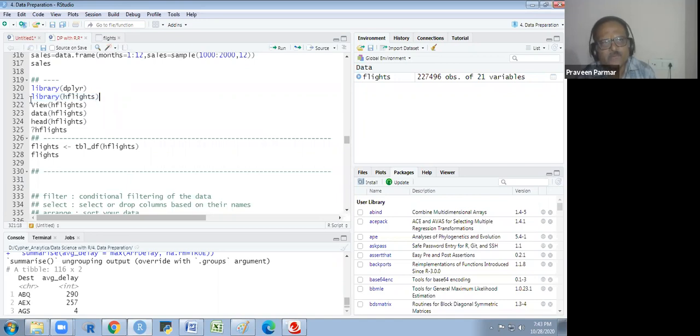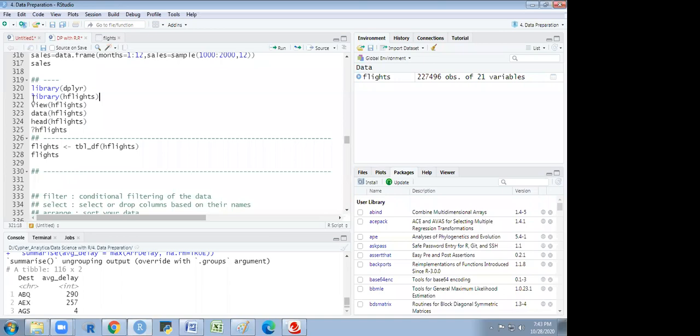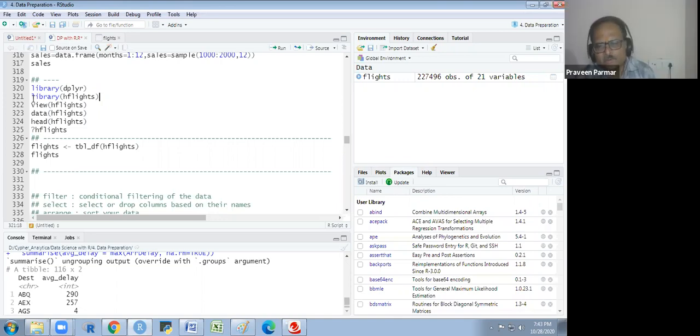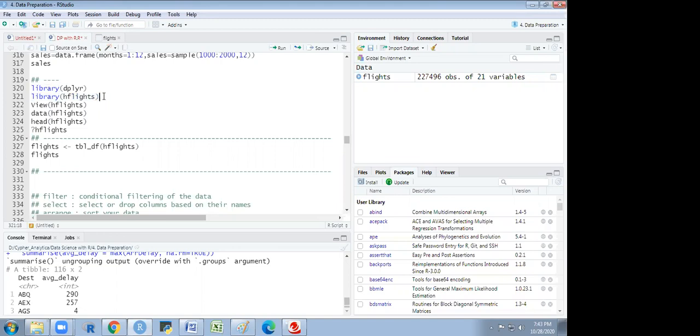Are you getting this on my screen? It is giving a warning message. The package hflights was built under R version 4.0.3. It is a warning message only. No problem for that. You run it. Run the library. Library hflights only I have clicked. Then data flights I have to click.